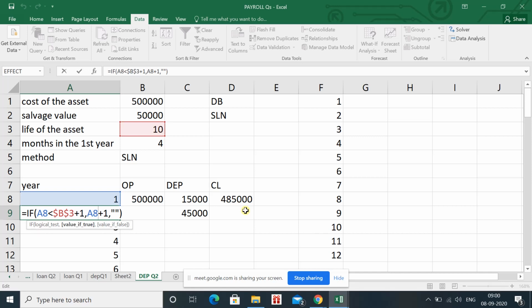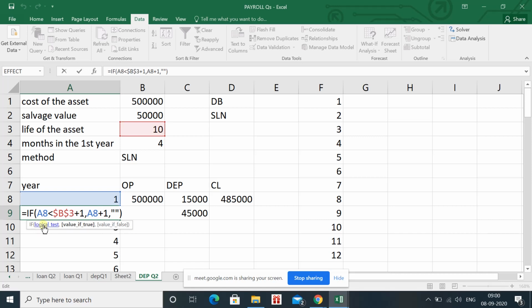And in case of loan and lease, instead of life of the asset plus 1, we write the time period multiplied by the periodicity. In this case, we are saying life of the asset plus 1 because this question is related to depreciation, and in loan and lease, वहाँ पे time period periodicity का concept था. That's why we applied periodicity and time period in question number 2.